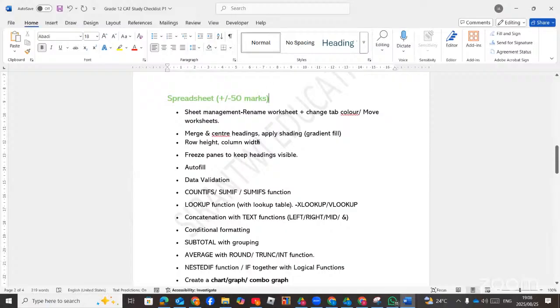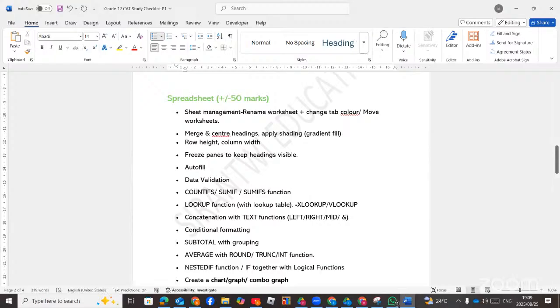First one is the sheet tab, sheet management, renaming sheet, changing the tab color, moving sheet, protecting sheet, and then merge and center the heading, applying the shading, gradient fill, and then the normal shading or the pattern style, changing the row height and column width,